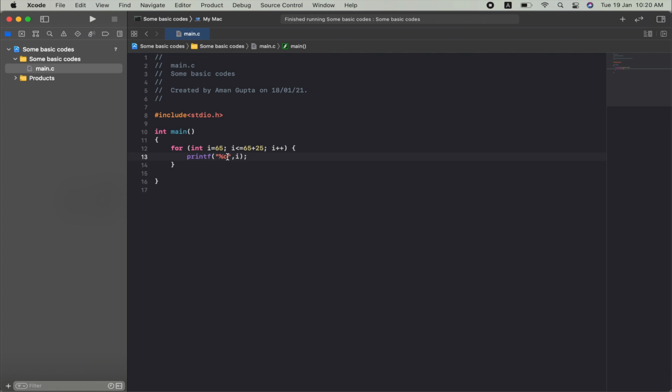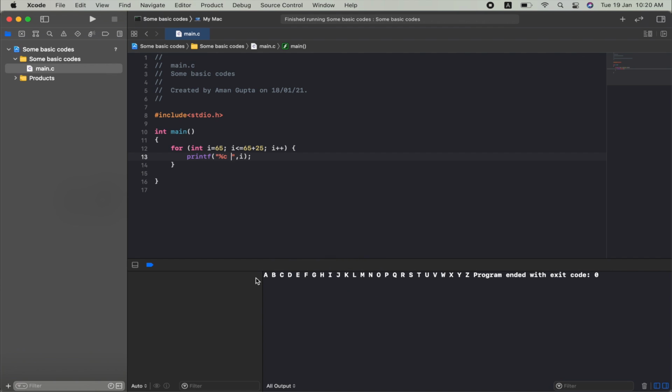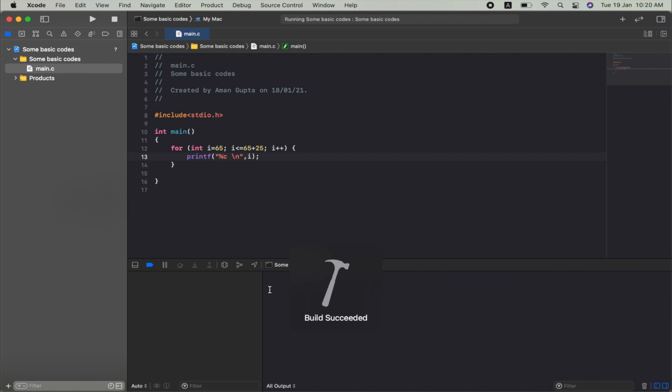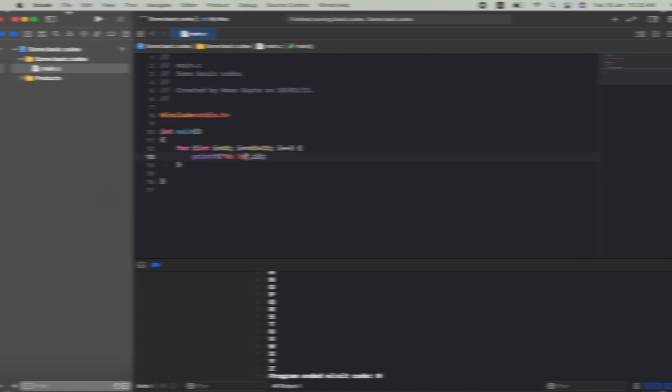So let's run, or if you want to insert a space for more clarity to see in the result. Yeah, you can see this A, B, C, D, F, G, H, I, J, K, L. And if you will introduce a \n, then you will get every element in each row. So I hope you understand this.